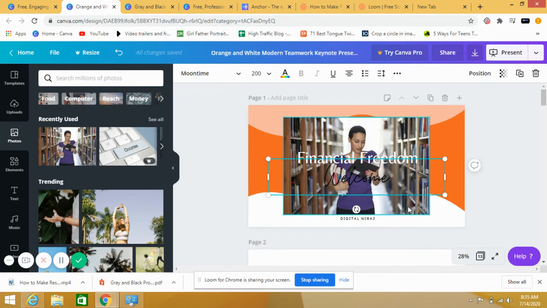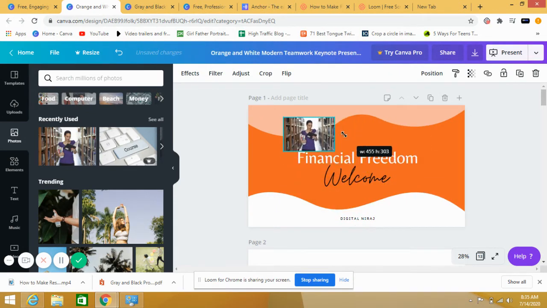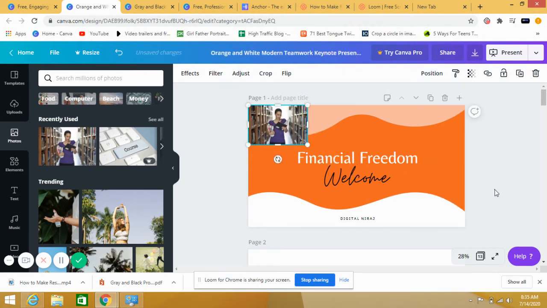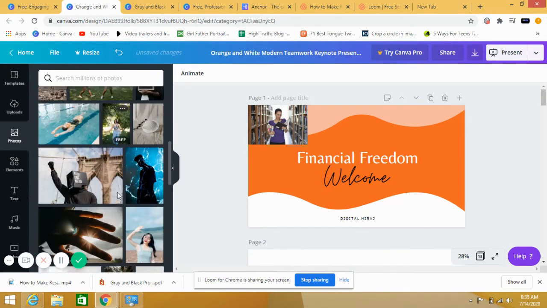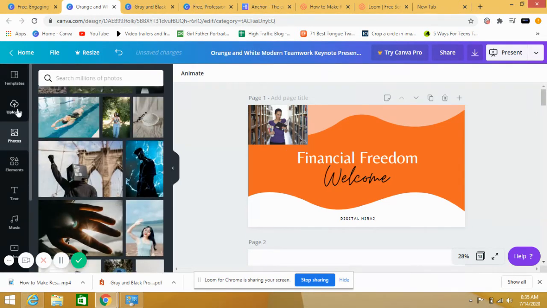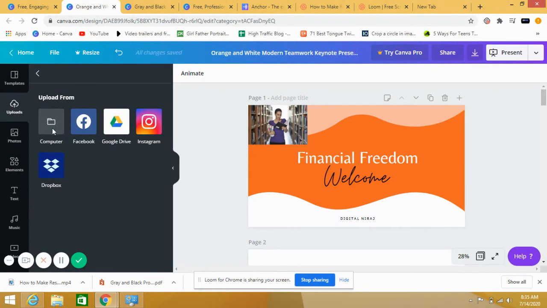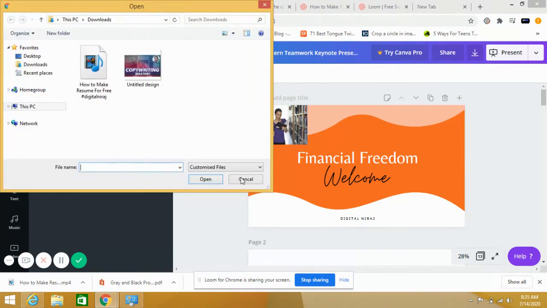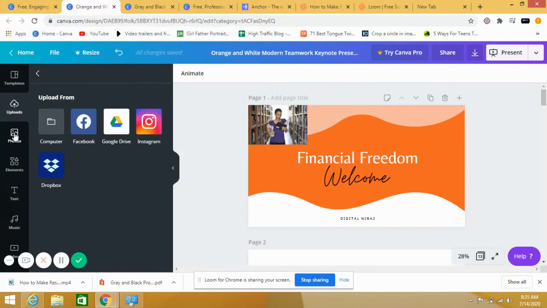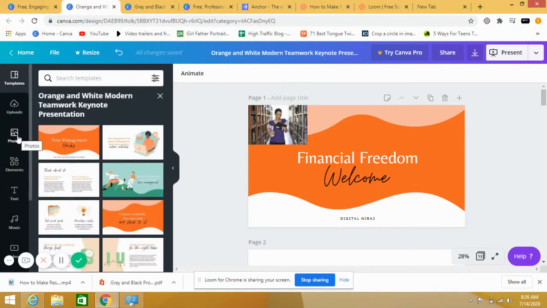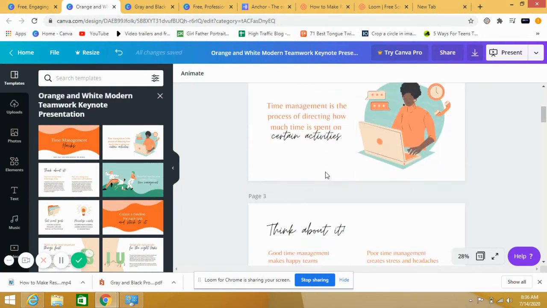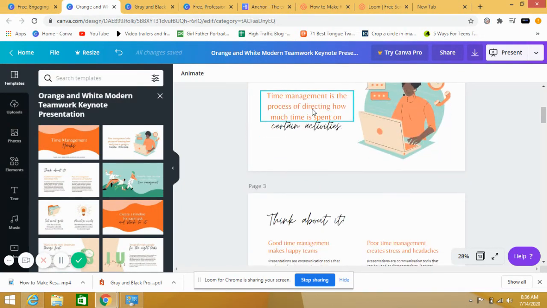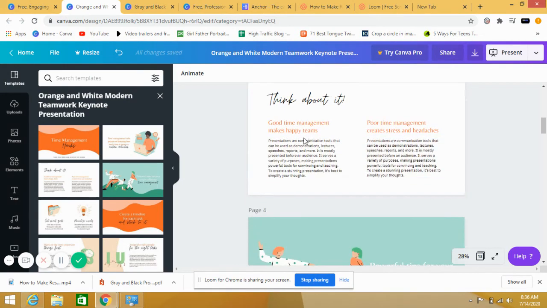So you just edit this picture and keep it in the corner. If you want to put anything money related, you just go ahead and put it there. I don't upload it. If you want to upload, you just upload from there. Now it's time to change your settings, and to change your content.